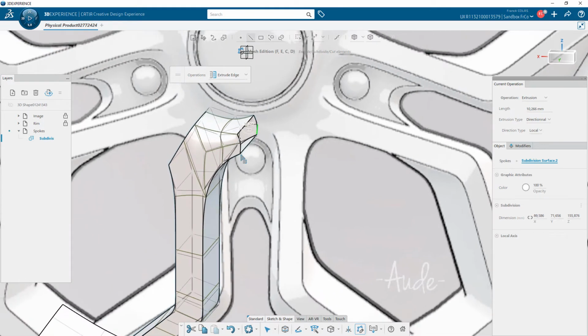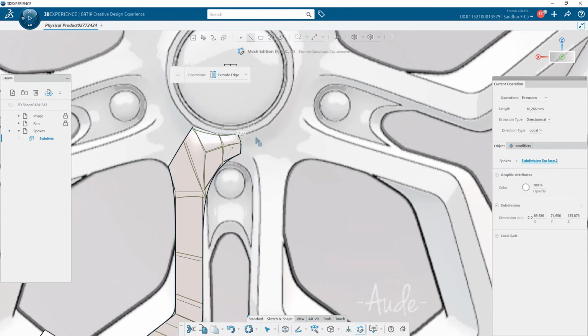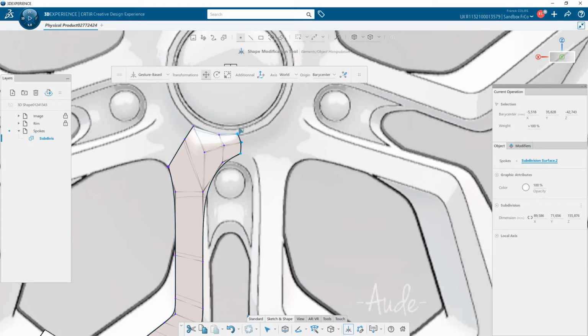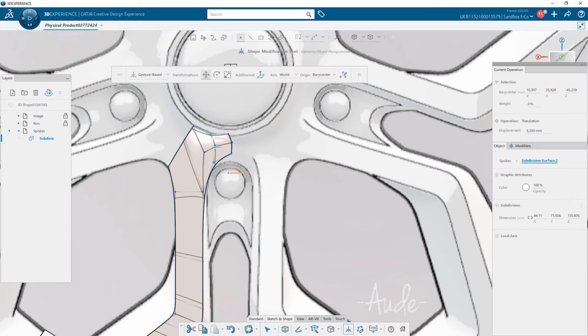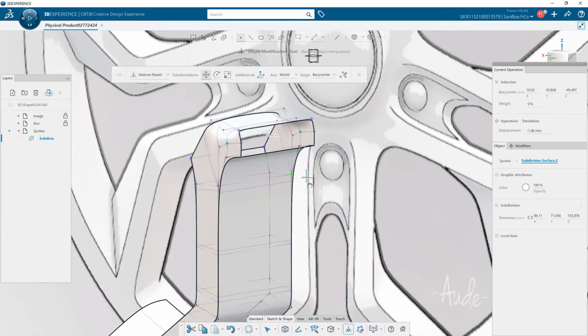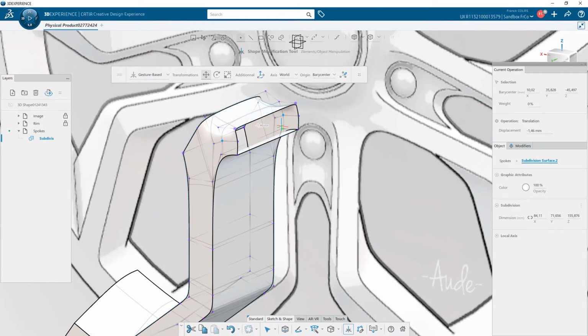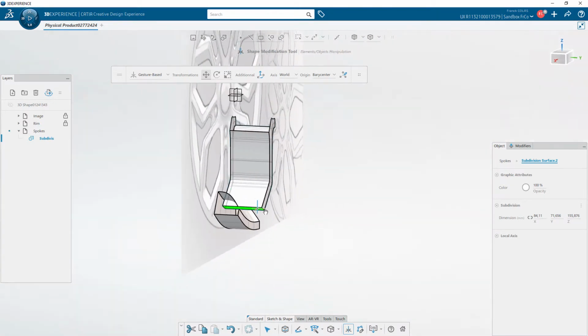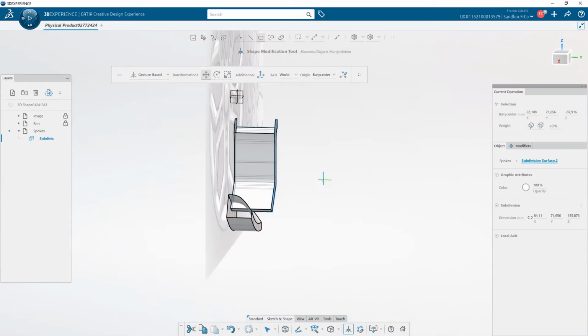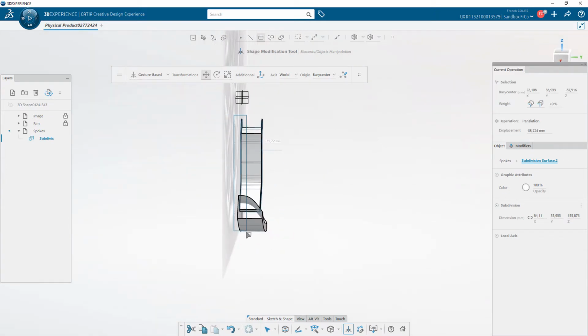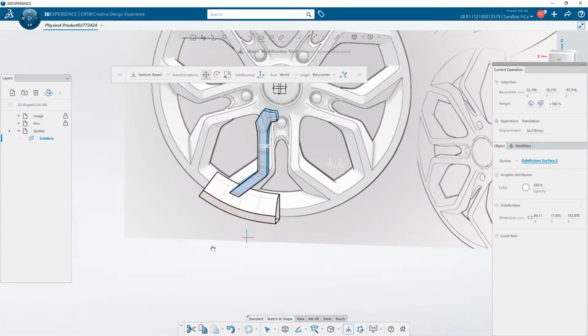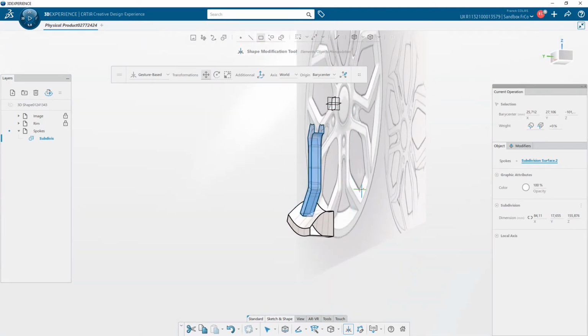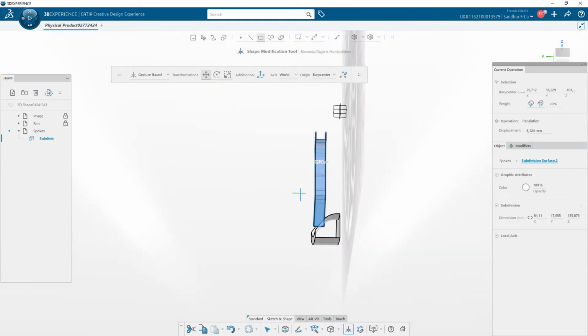Now I switch in Edge Extrusion by pressing E key, select directly the edges I want to extrude, use the manipulator to modify the length of the extrusion, switch to Translate by pressing T key, move some vertices, and switch to Face mode to erase some not needed faces. I decide to modify the depth of the spoke by translating the selected faces thanks to the trap selection. As my rim is locked, I have no risk to select other faces than that of my spoke.